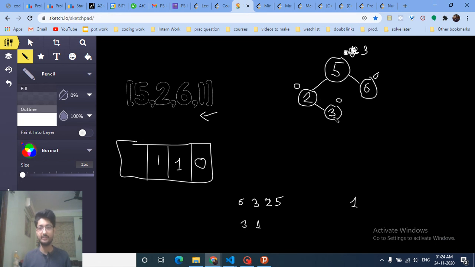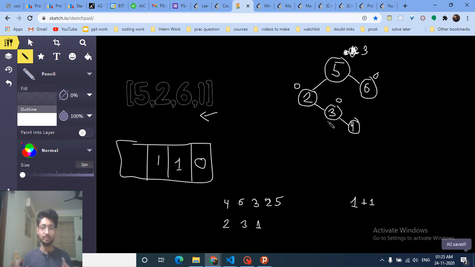Then go to the right side, then take 3, because for 3 I again have to go to the right side, but I have to include this element. So take the frequency plus this element, so plus 1, because the frequency is 0, and then insert this point, and the total frequency counter till now is 2 and the answer is 4. If I inserted 4 here, the answer is 2 because these two elements are there.